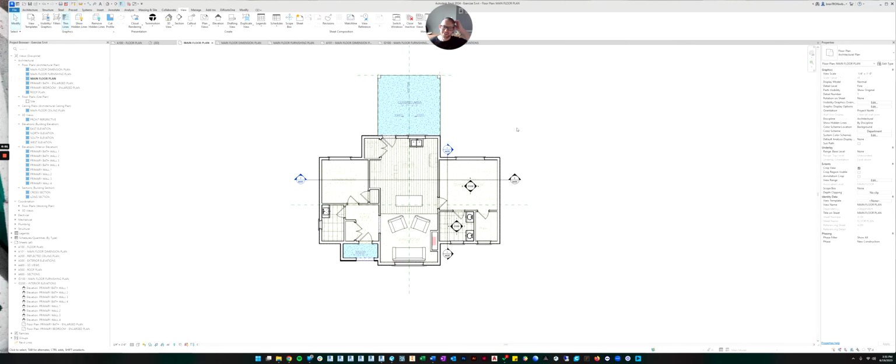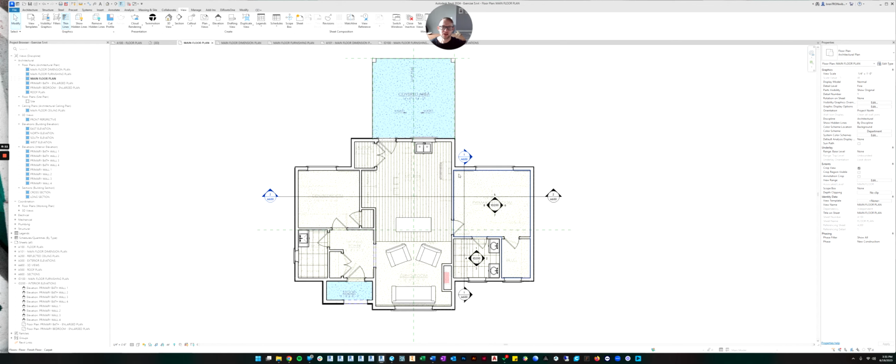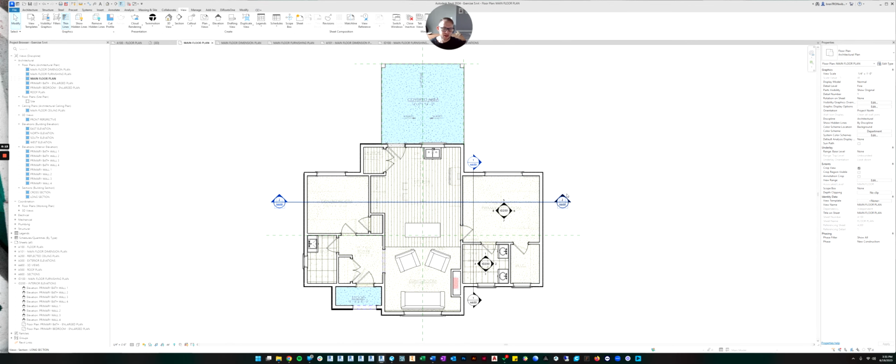All right. It's time to take our floor plan now and let's add some annotations to it. And let's also clean it up so that it's showing the things that would typically show on a floor plan. So what I mean by that is we wouldn't typically see the interior elevations on a floor plan. That's more for furnishings plans that we would show that.